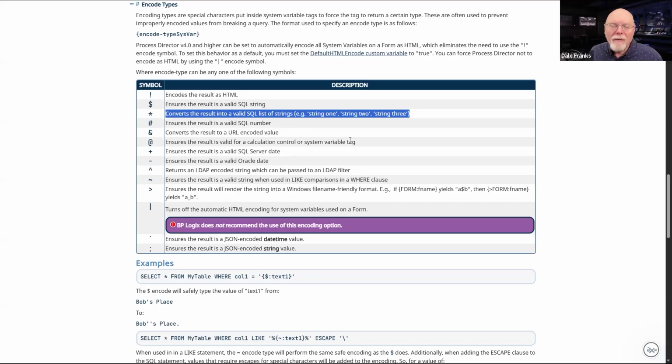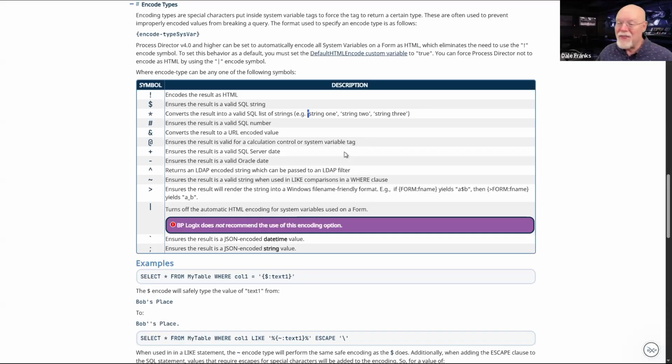If I'm doing any sort of database stuff, now it's designed for database stuff, but it also helps things look a little prettier sometimes. If I throw in this data, and in this case it is string data, it all needs to be encapsulated with a single quote because that's how SQL deals with strings. It throws single quotes around them. So this encoding character encodes things as SQL.